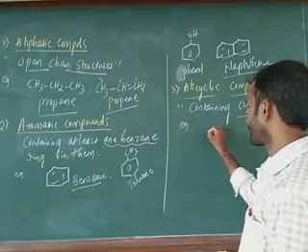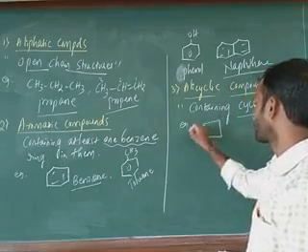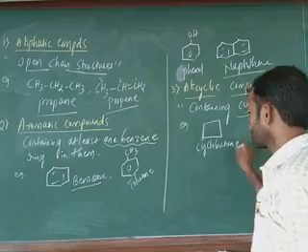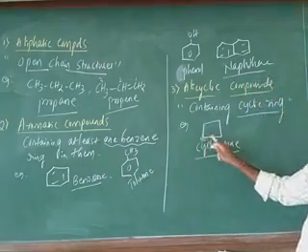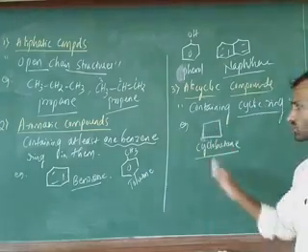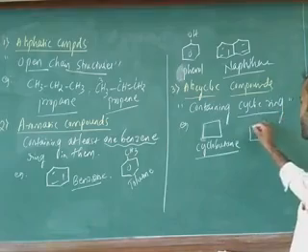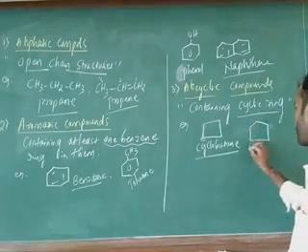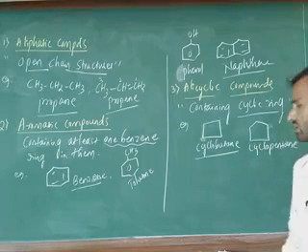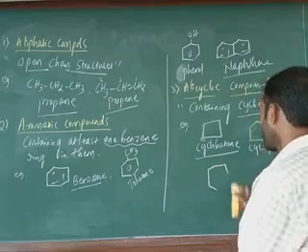Examples for alicyclic compounds: you have to take cyclopropane, you have to take cyclobutane. What is the name of this one? Cyclobutane. How many carbons are there in total? 1, 2, 3, 4 carbons. That's why it is called butane. It looks cyclic, that's why it is called cyclobutane. Next example is cyclopentane. Next one is cyclohexane, you have to take.